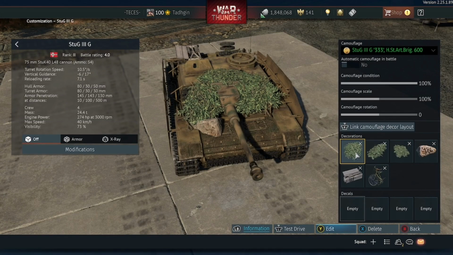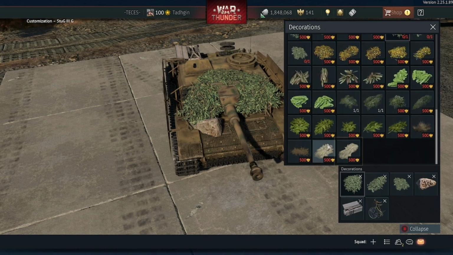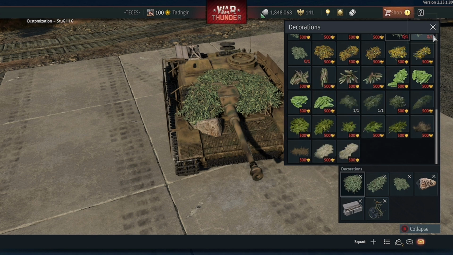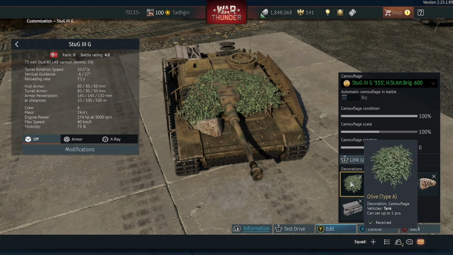I'm using olive bushes because in my opinion, I think these are the best bushes that you can really use. Either that or maybe something like pines, but I personally think these give a very nice colour and texture to them. So what I've got, if you want to use this one, is the olive type A,